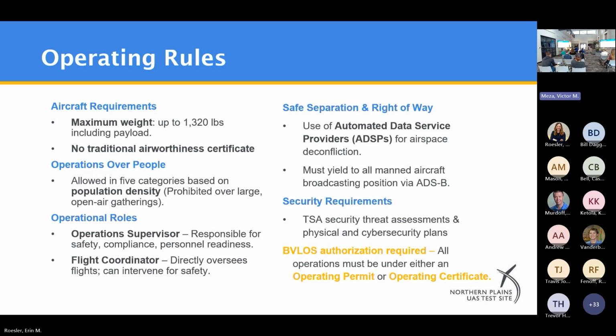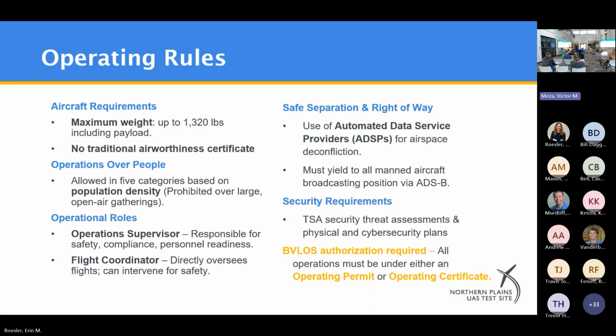In that proposed change, it states that manned aircraft would have to yield below 400 feet to other aircraft that are broadcasting their position. Or said another way, UAS operating under Part 108